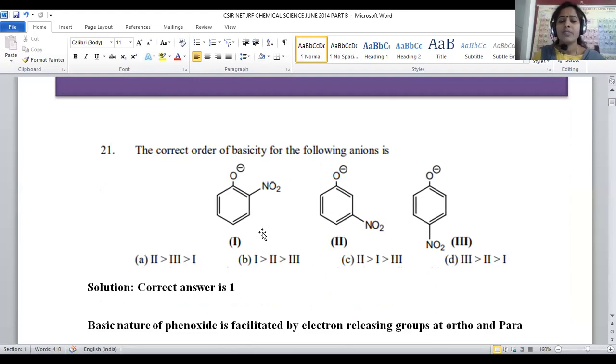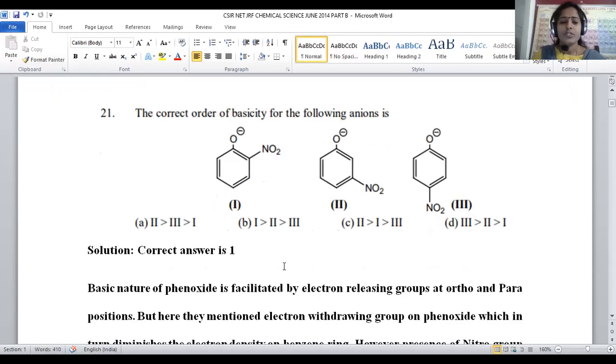What is meant by basicity? In accordance with Lewis, because Bronsted cannot be employed here, we have to consider Lewis basicity. Lewis basicity is nothing but being an electron pair donor. Here the phenoxide is negatively charged, so there is a provision to release electrons, and it will behave like a base. Phenoxide is the conjugate base of phenol, right? So whenever this phenoxide is attached with a nitro functional group at the ortho, para and meta positions, what will be the order of its basicity? What is the difference in their basicity? For that purpose, let us see